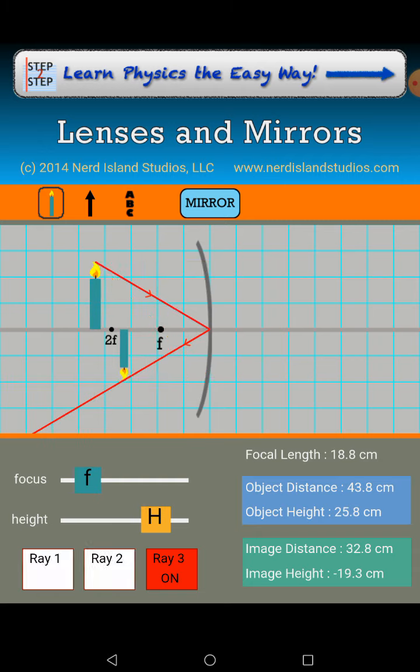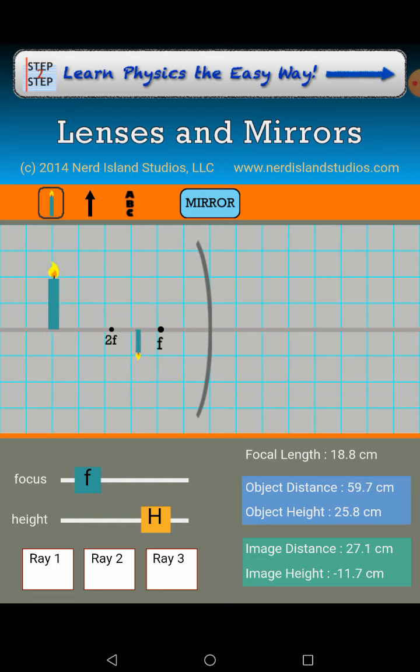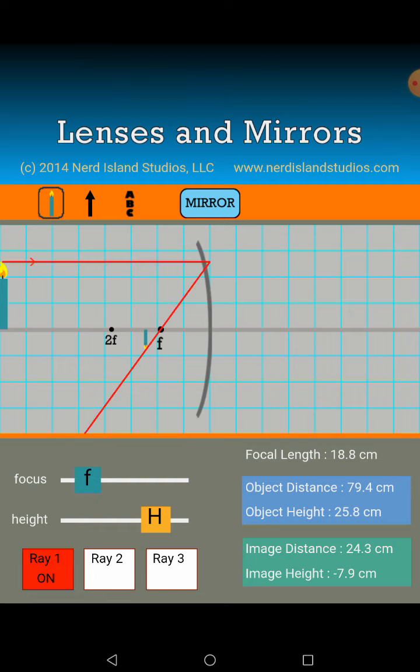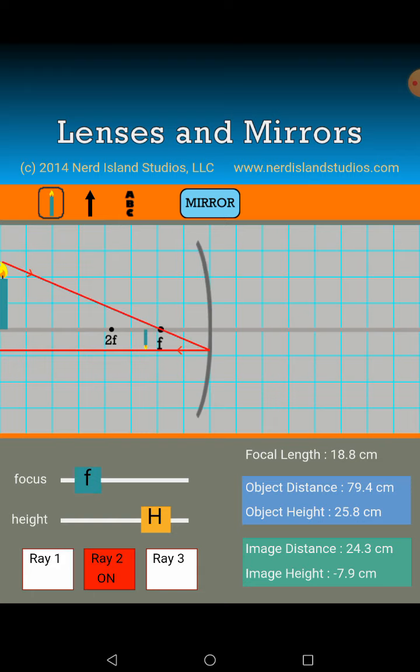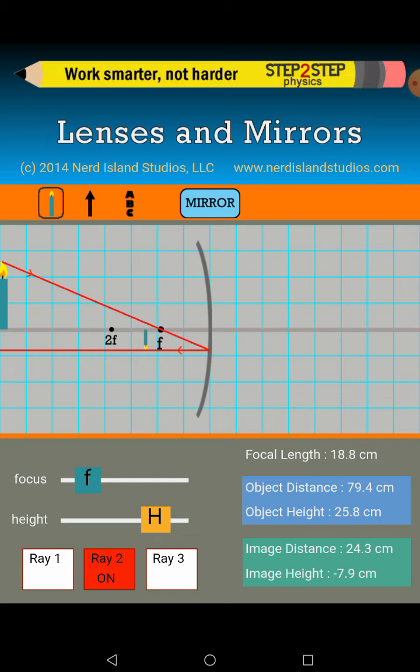And these are the rays which are coming from the object, and they help in the image formation. Okay, so now for the very first time the object is the candle. We can see that this is ray number 1, which is coming parallel to the principal axis, and after reflection it passes through the focus. Then this is ray number 2, an incident ray of light which is passing through the focus, and after reflection it becomes parallel to the principal axis.